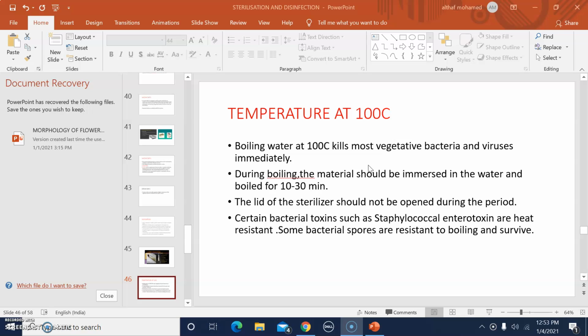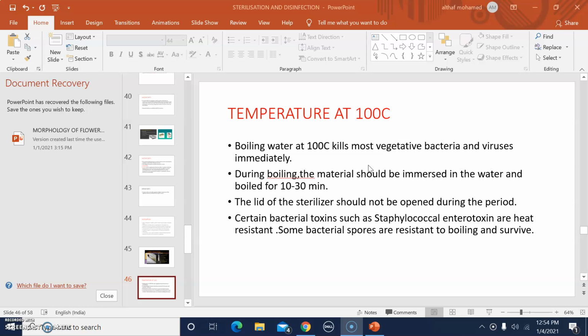Using this method, that is boiling at 100 degrees Celsius, it kills most vegetative bacteria and viruses immediately. During boiling, the material should be immersed in water and boiled for 10 to 30 minutes. That is the procedure coming under boiling. And also we should check that the lid of the sterilizer should not be opened during this period,